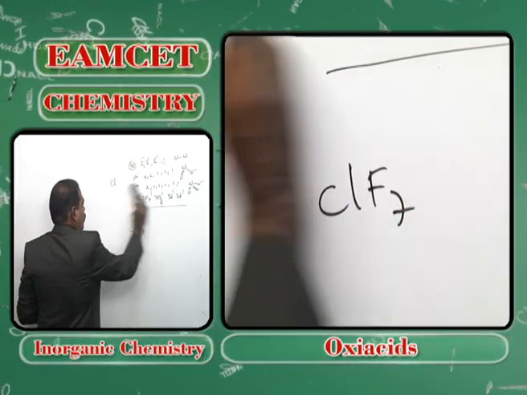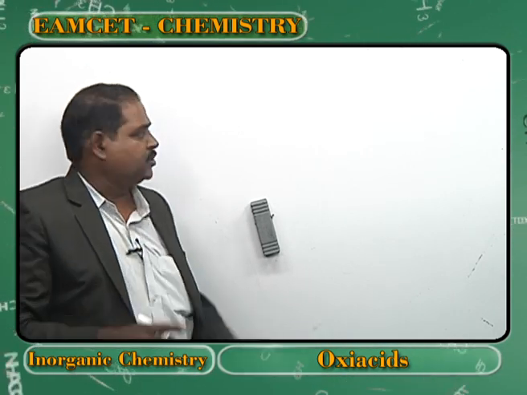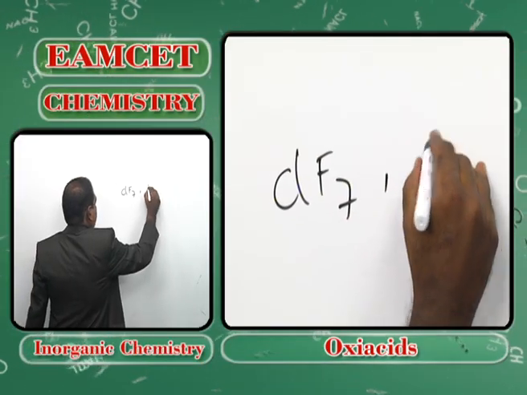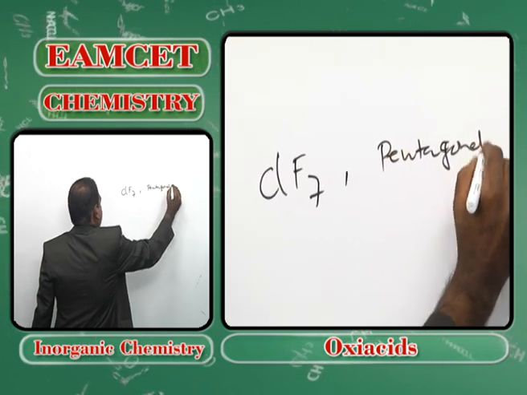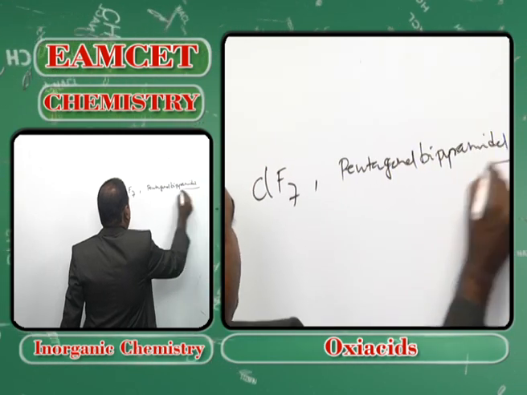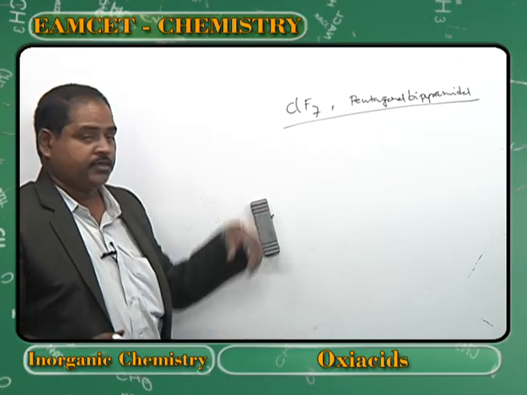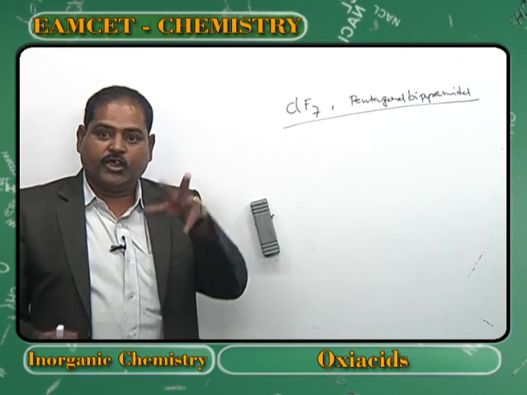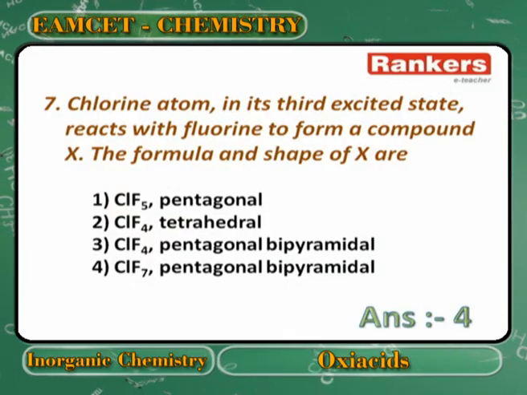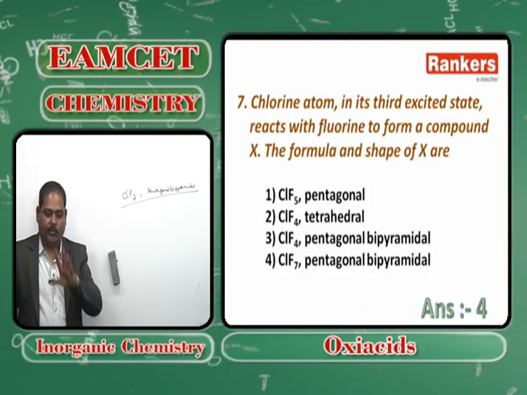The question says that chlorine is reacting with fluorine in its third excited state. Means they are telling you that chlorine is forming 7 bonds, ClF7, and this is pentagonal bipyramidal. This is a very good question where you have to use the data given in the question, not your own knowledge whether chlorine forms ClF7 or not. How are we supposed to know whether somebody forms this or somebody doesn't form that? They have clearly given chlorine is reacting in its third excited state with 7 unpaired electrons, as many as 7 unpaired electrons. And next,